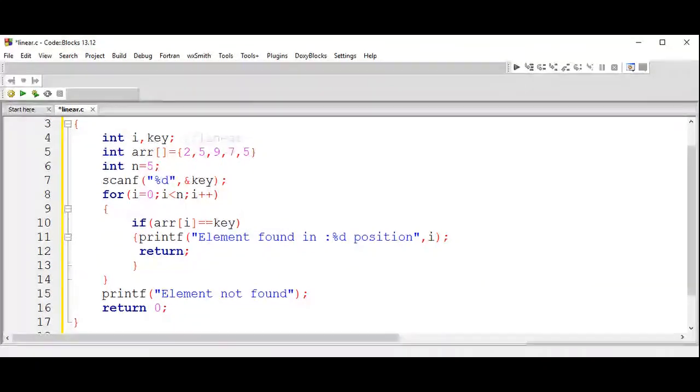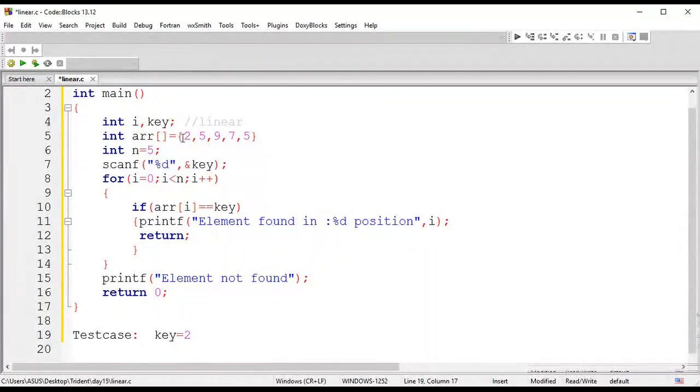Two comparisons. Guys, very simple. Let us assume this is a sequence of values. I want to find whether 2 is there or not.